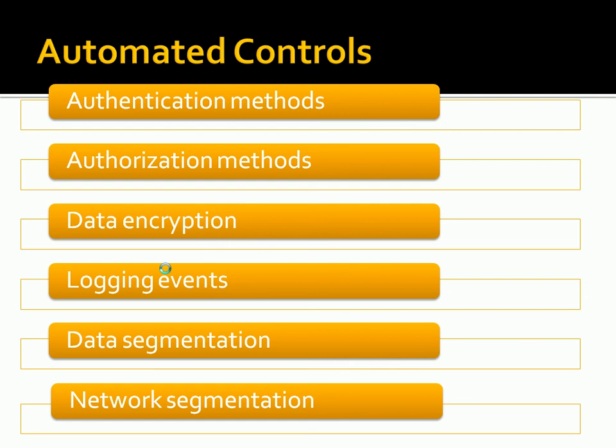So again, the policy level might be something like, the marketing department should not be able to access information that doesn't belong to their department, or departments should have control as to who can access what data, and how do we implement that. We can use these automated controls like authentication, authorization, and network segmentation, and all this stuff that I talked about. So these are automated controls, and there are far more examples. Firewalls are automated controls, proxy servers are automated controls, and so forth and so on.